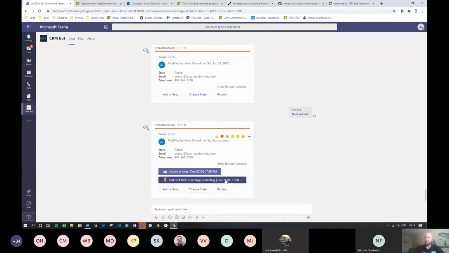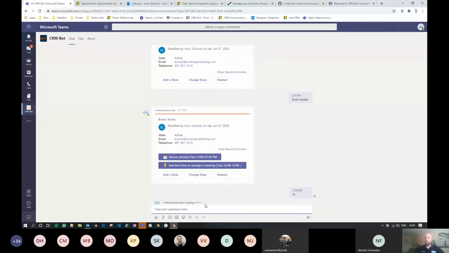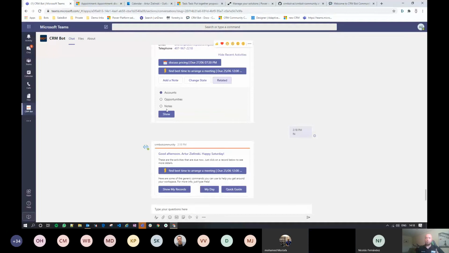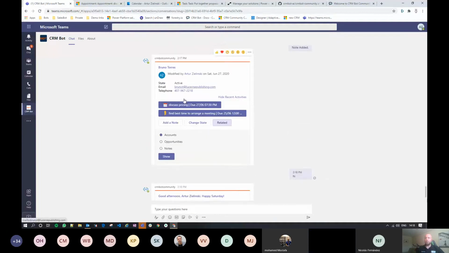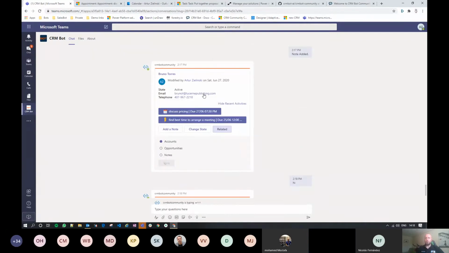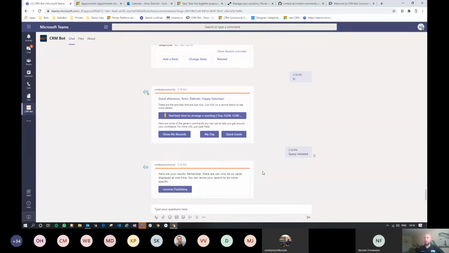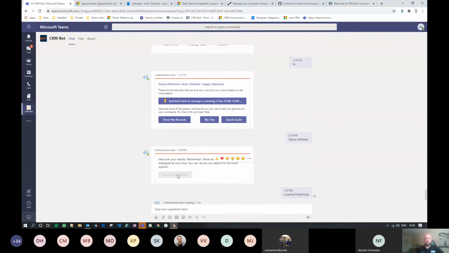So again, going back into our welcome screen, we will see that we've now got an overdue task. Again, I don't want to repeat myself, so I'm not going to demonstrate that you can in fact cancel it, reschedule it, all that stuff is still the case. One other thing that we've built in is an ability to show related items. So let's say we're talking about Bruno as a contact, but what we're really interested in is the account that Bruno is under. So Lucerne Publishing is the name of the company. And in fact, yes, our chatbot has found that there is a company that Bruno is related to.